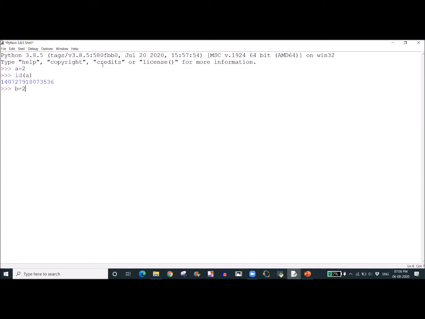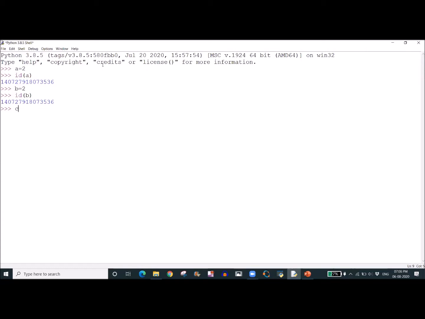So we generally expect the address of b to be different from a, but in Python you observe that the address of b is the same as the address of a. This is a little bit surprising, right?